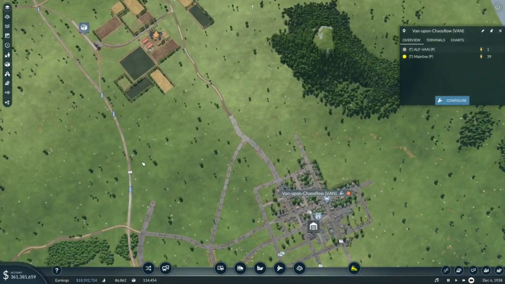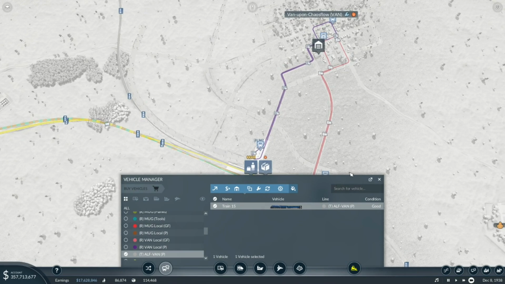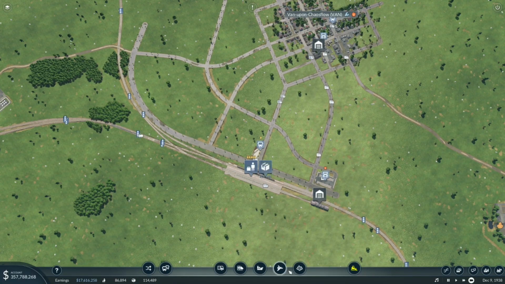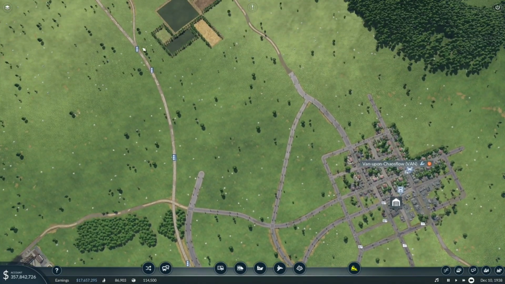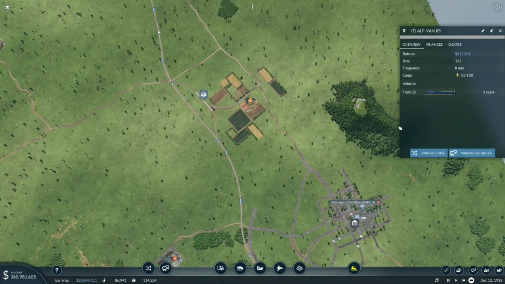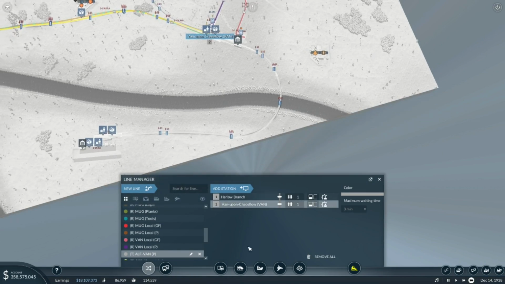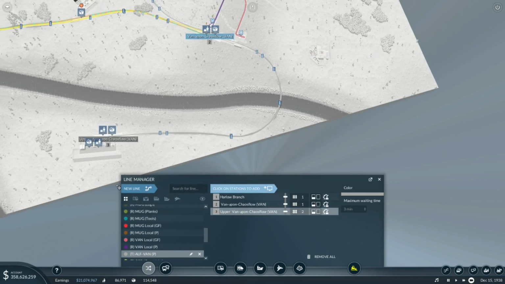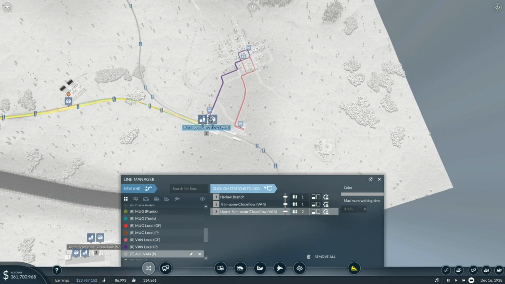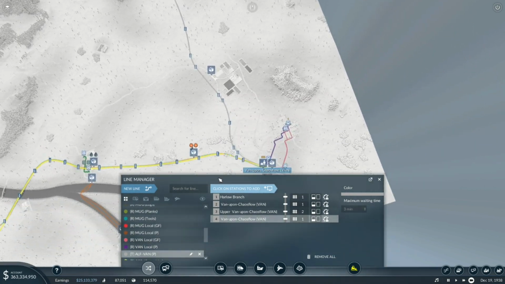Now, what we'll do in order to get that to work is we'll grab this guy. We'll manage the, not the vehicles, but the line instead, please. Grab it, manage the line. Okay, manage the line. Now, from van, it will move on and go to the airport. And then it will go back to van. And then it will move on and go to the back to